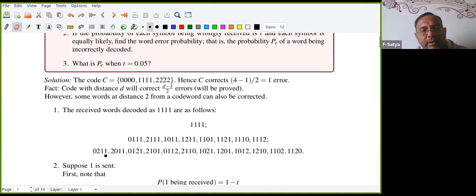What about these? Now what is the distance between 1111 and this one? Now the distance is 2. But even then, why can we correct? As last time I had told, 0211 is also corrected as 1111, because the distance between 0211 and 0000 is, sorry, in fact 3, and here also it is 3, whereas to 1111 it is 2. So the nearest neighbor is 1111 only, right? In all these it is possible.